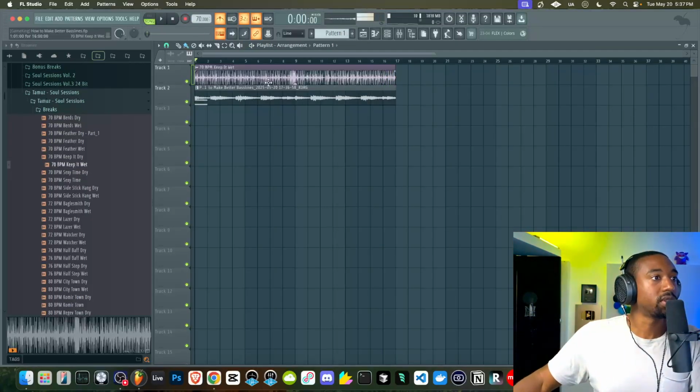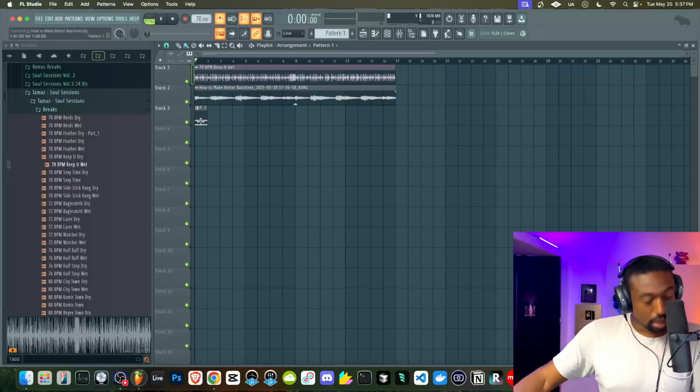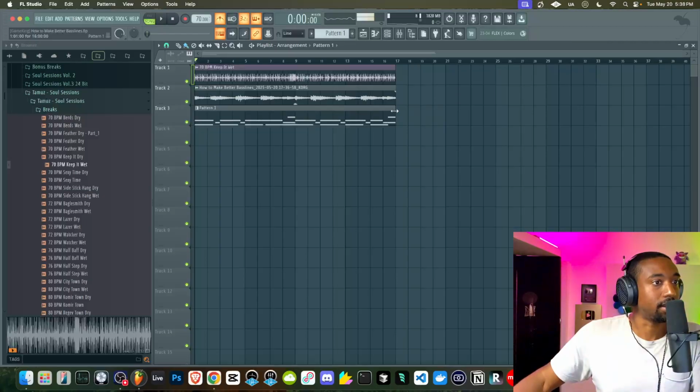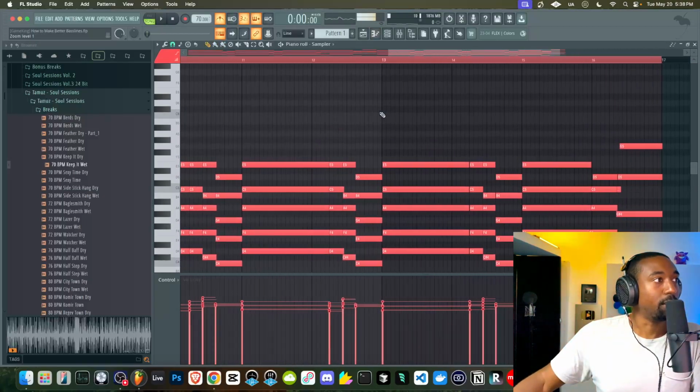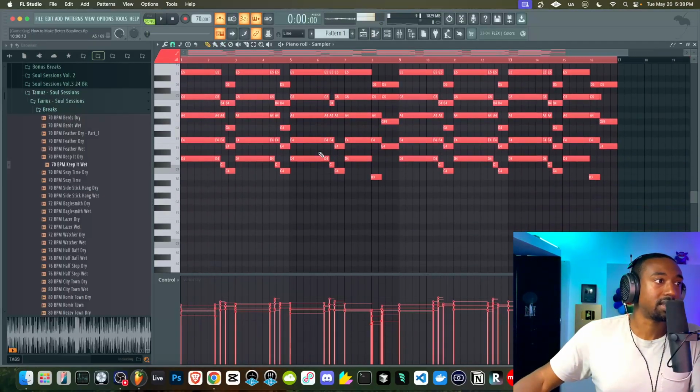Okay, so now we have the chords. Basically, I played D and then C sharp and then C. I have the chord progression here for you guys if you ever want to reference this.